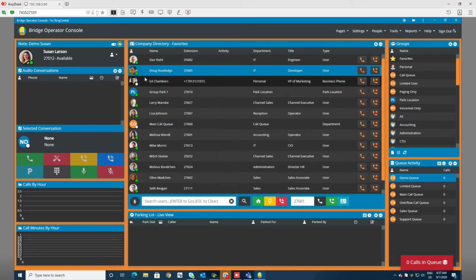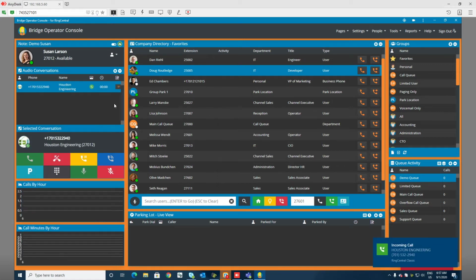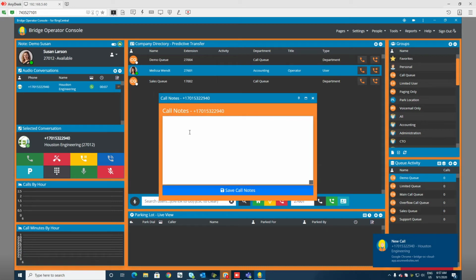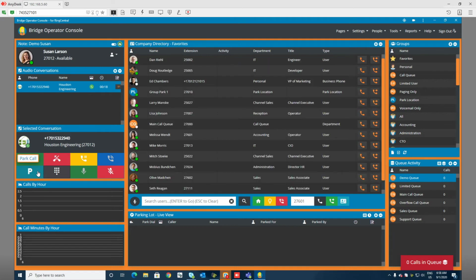And finally, as far as new features go, we've added something called call notes. This was a request by a customer, so this will be available in this version going forward. So the way call notes work is you can probably see there's a little button here. If we click it, it opens up a window. So we can say, calling about XYZ. So we've saved that. Let's say we park that call